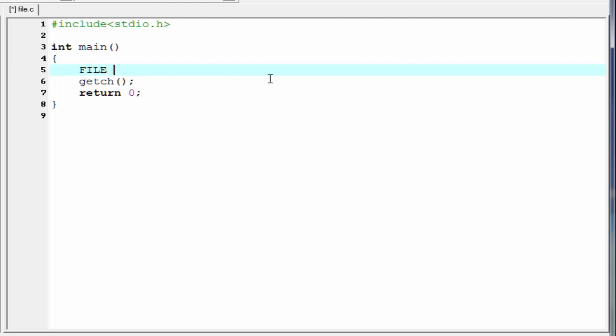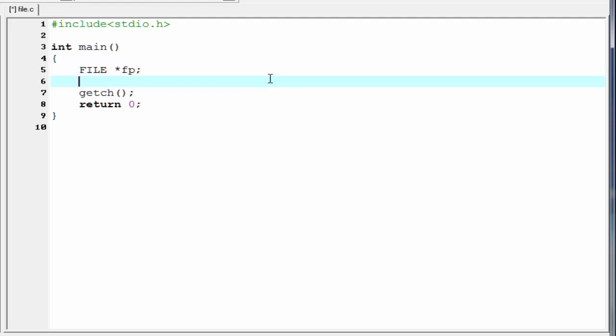So when we open a file using the function fopen with a specific mode, if the file is present on the disk, then the fopen function returns the address of the structure FILE. Since fopen returns an address of the structure FILE, we need to declare a pointer to structure FILE. So I'm going to write here *fp.